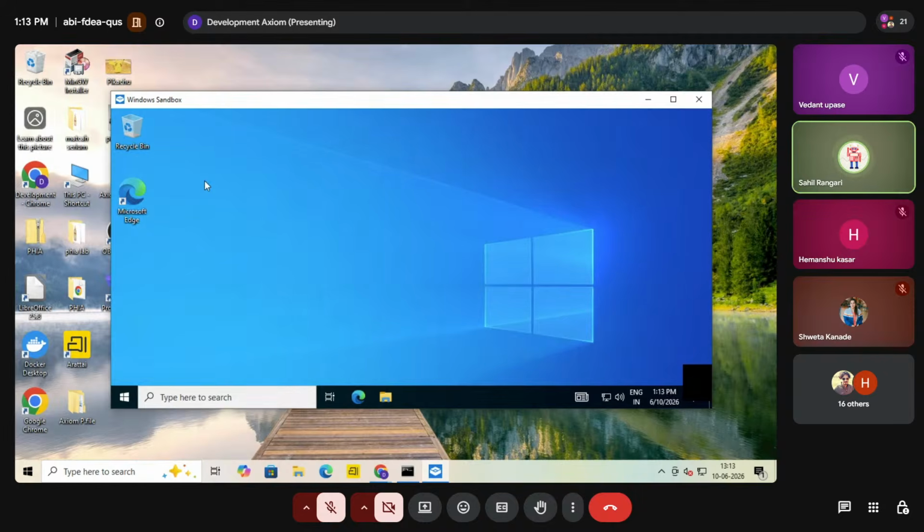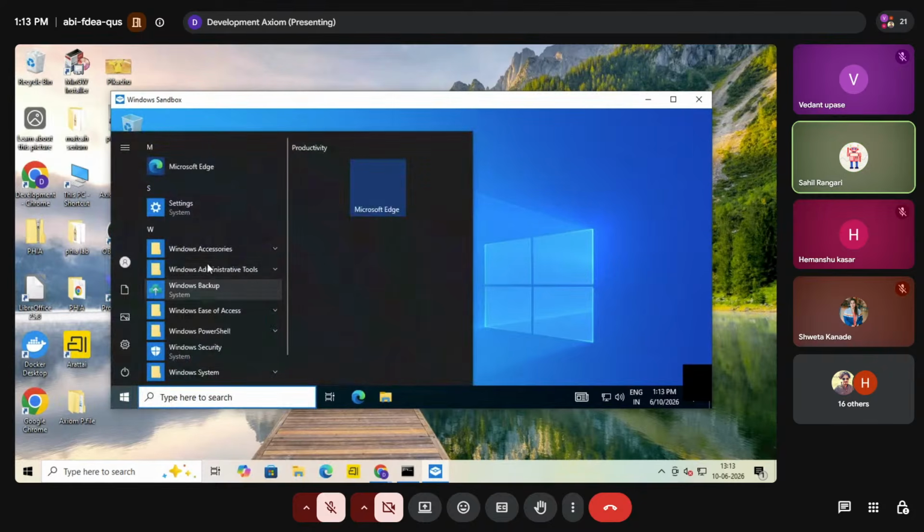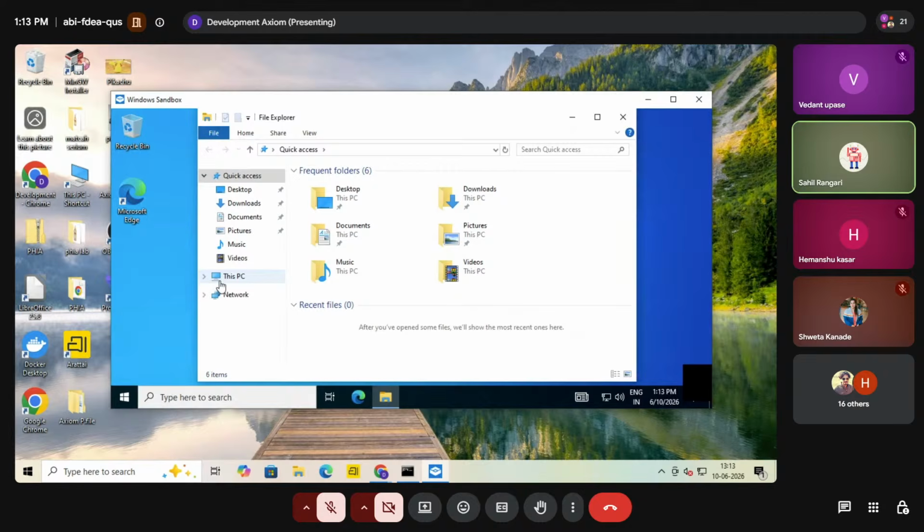So it gives the primary location. We'll have all the necessary things, which are Windows accessories, Windows administrative tools, and all the desktop which is available in the file manager of a system. All those things are available here.